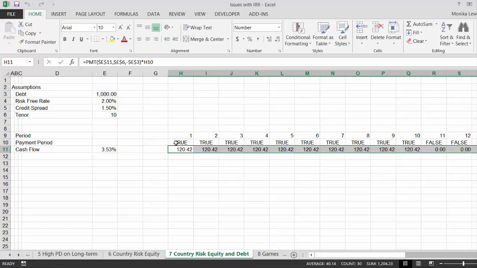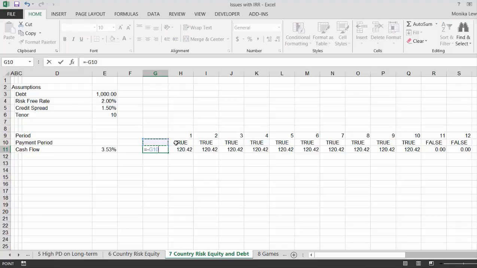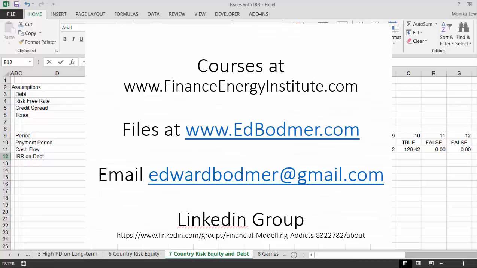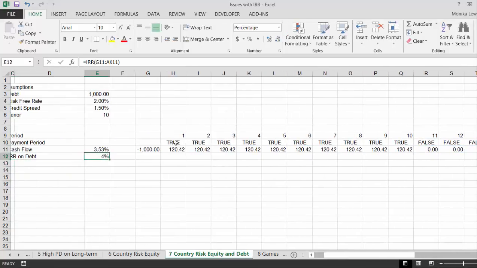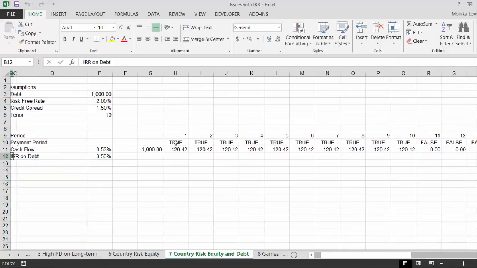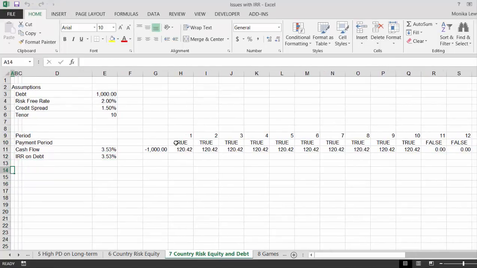Okay. And we'll put a minus on the bond, and we'll put the IRR on the debt that we get. And that's the same as what we used in the payment, which is supposed to be. Now, the question is, out of that debt, how much is the default, and what's the real value of that